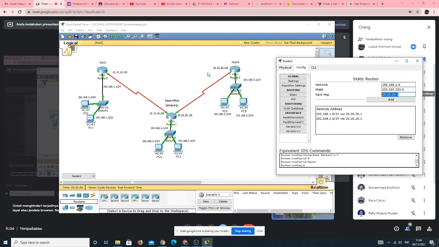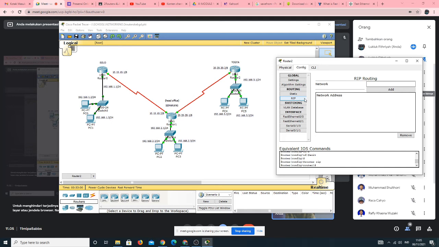The configuration of router Jogja is already finished, but if you wanna add RIP, you can write in this configuration by typing IP of Fast Ethernet LAN Solo 1.0 add, and once more 2.0 and then click add if you wanna add this configuration.